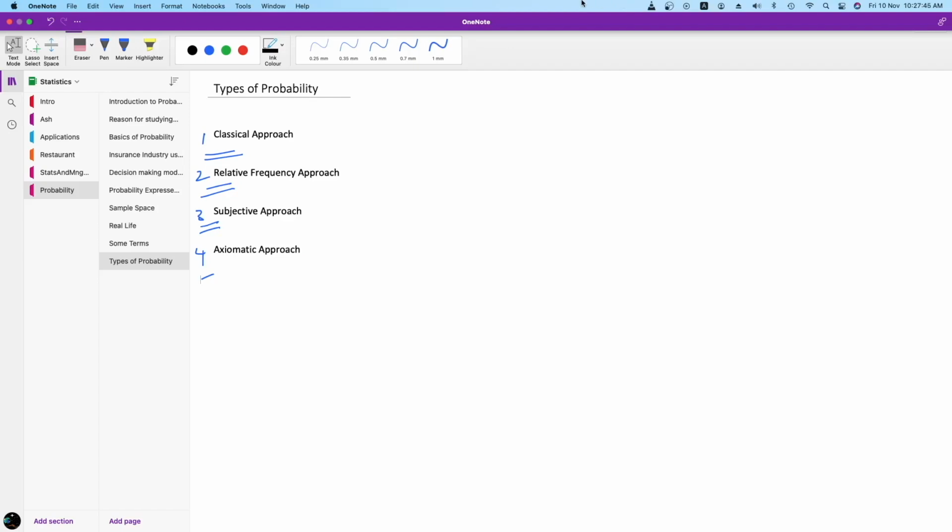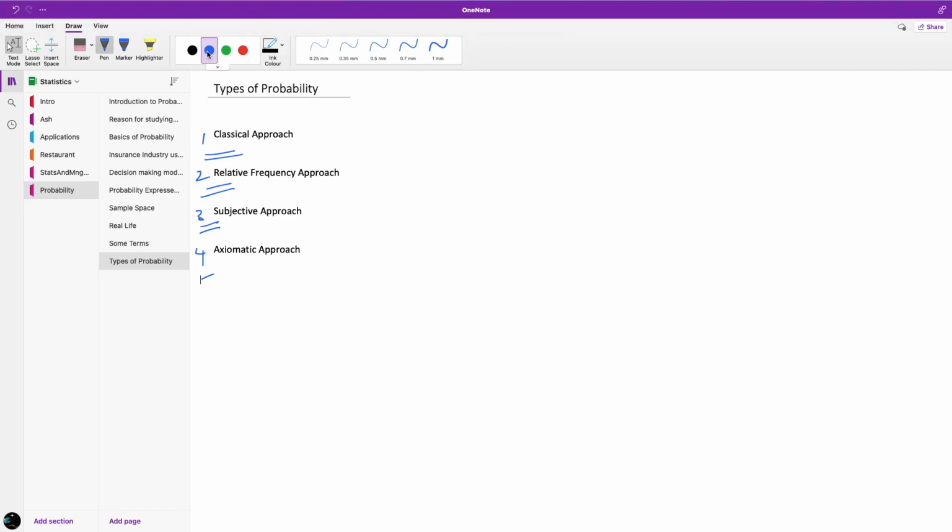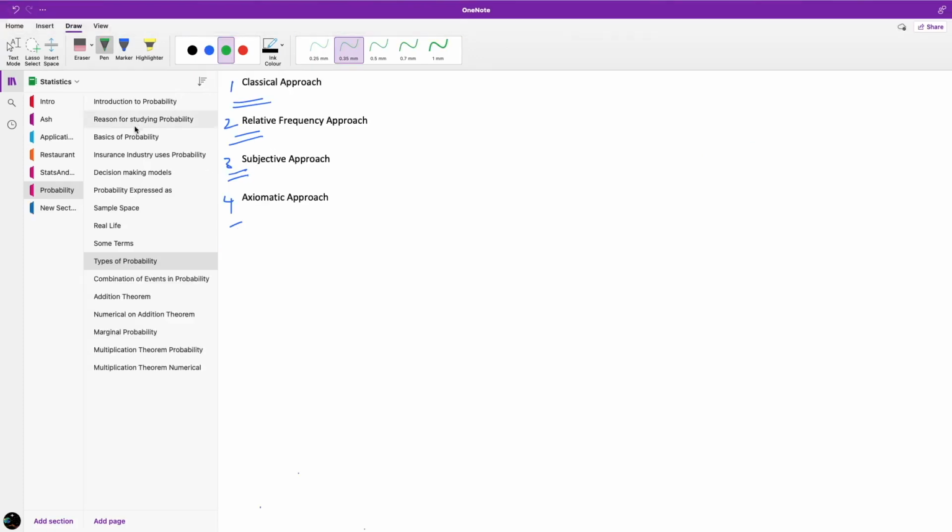Let us look at the different types of probability. There are 4 different types: the classical approach, the relative frequency approach, subjective approach, and axiomatic approach. So in the classical approach, probability is defined as